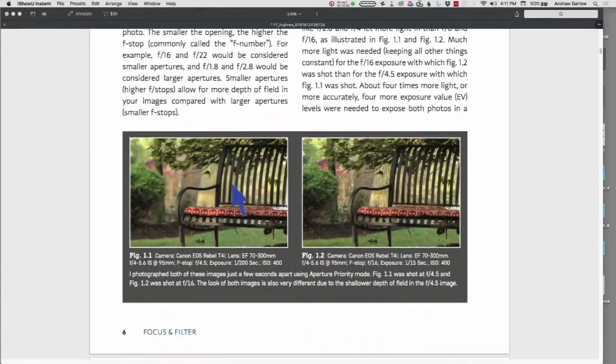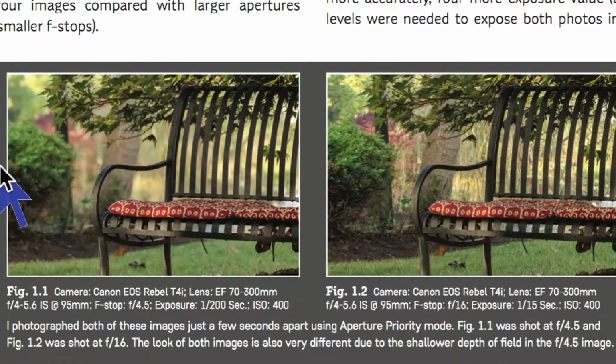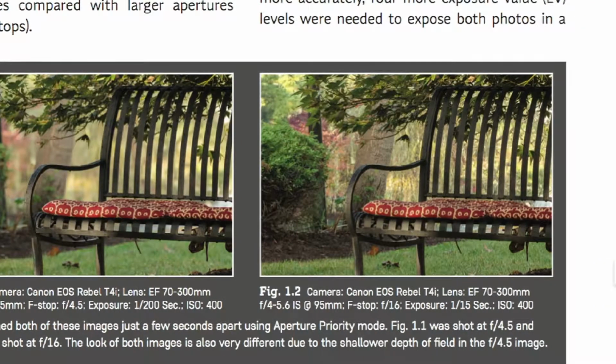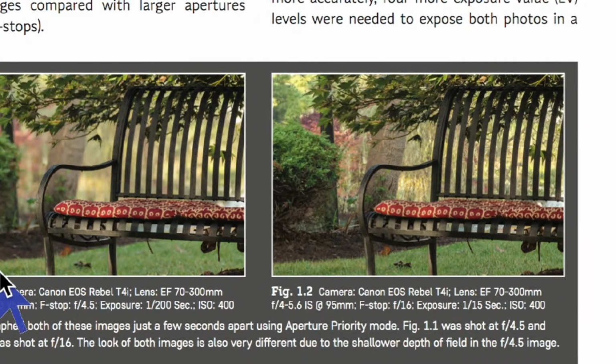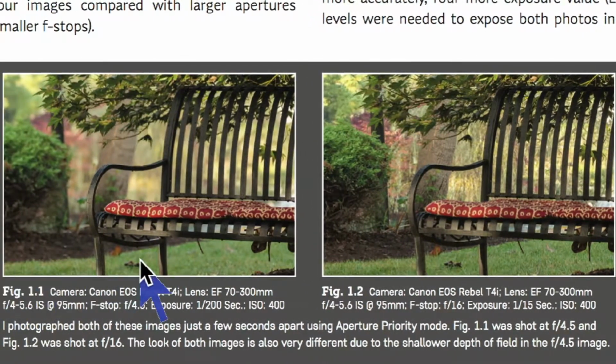I show photographs, some of the differences you can see here on the left. This picture was taken at f4.5, and this one on the right was taken at f16. And you can see, if I move these nicely over, you can see the difference in the background. It's pretty marked. And so because of that, you get a very different look.